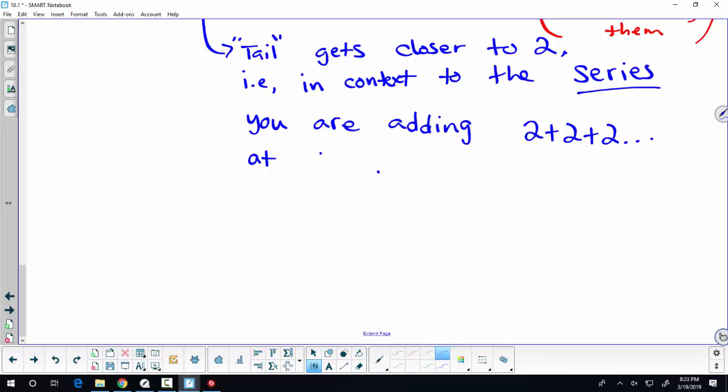Or towards the end. Say end. There's really no end, but